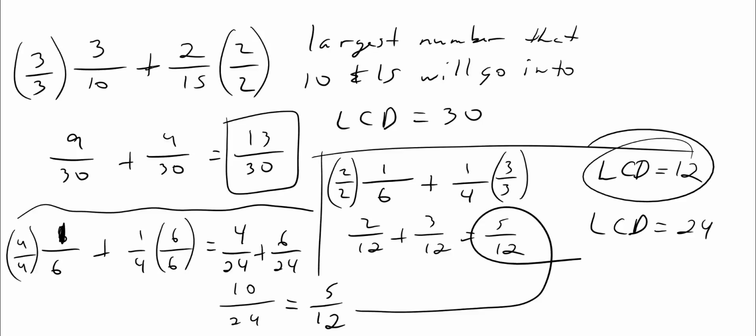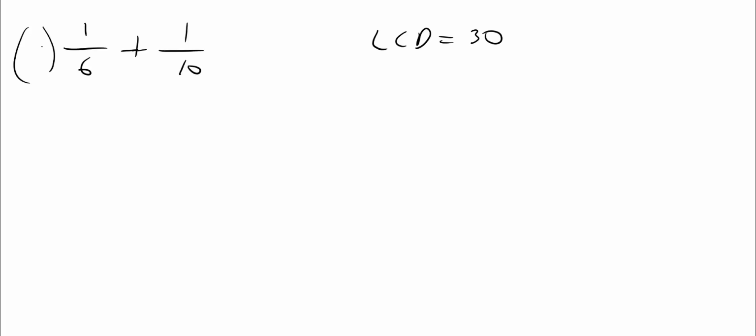Let's just do one more because I think it's good practice, and I like practice. Let's do 1/6 plus 1/10. So I could do 60, but think, guys, what does 6 go into and what does 10 go into evenly? And you should say the LCD is 30. 6 goes into 30, 10 goes into 30. So I'm going to multiply this by 5 over 5 and this by 3 over 3. So I get 5 over 30 plus 3 over 30,